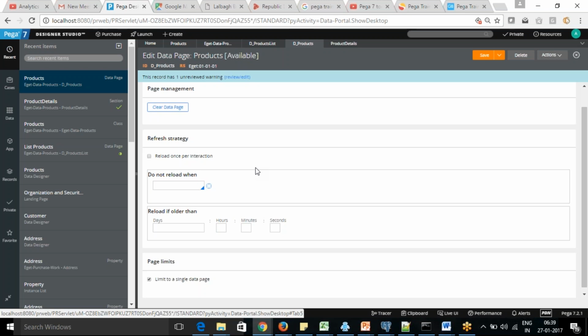Yeah. Right? So actually we don't want that to happen. So we want that control to be given to a specific access group, so that it will be controlled by them. If they want the page to be refreshed, then obviously only the person who has access to that access group can refresh the page, or delete the page. You cannot do it by any other person.